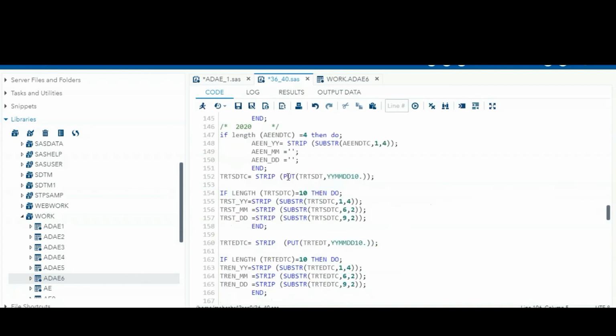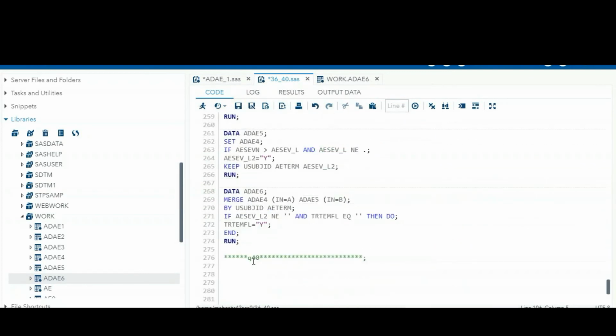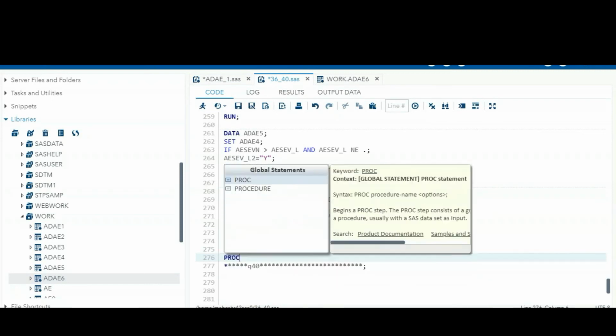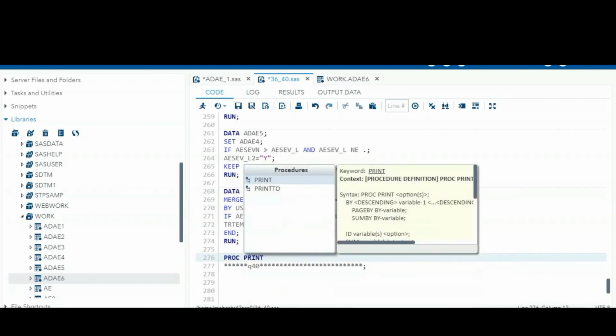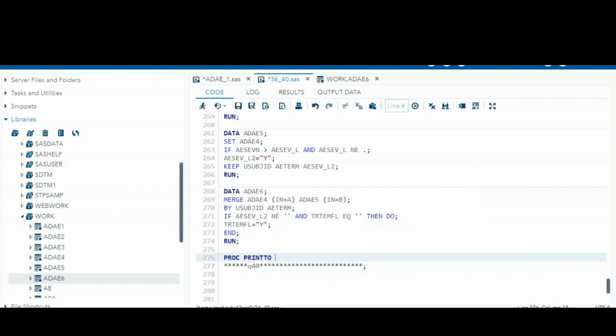After that, you can call it whenever you want to end. So here, if you want to print up to here, at the end position also you have to give proc printto, log equal to, what the name we have given, AE. So run.